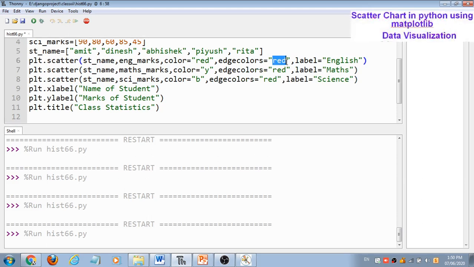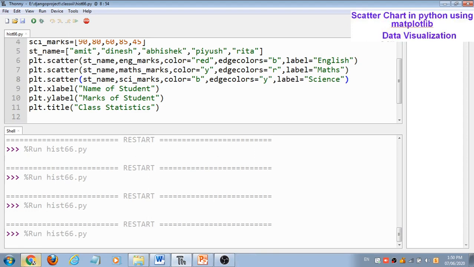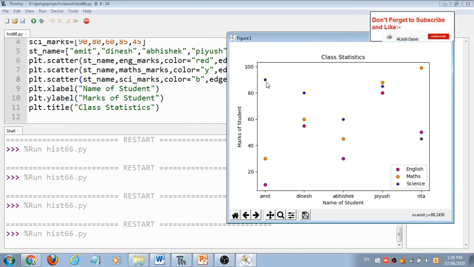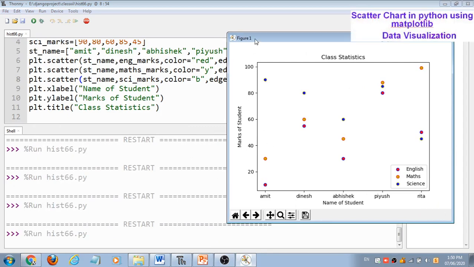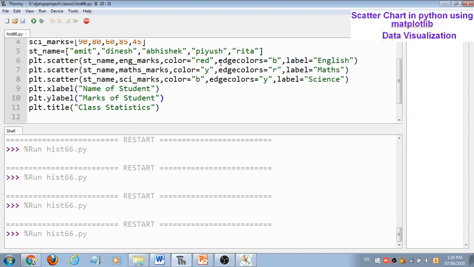Suppose for this I want blue, for yellow I want red, and for this blue I want yellow lines. So you can see for this red it's showing the edge color blue, for this yellow it's showing the edge color red, and for this blue it's showing the yellow edge color. So you can use these edge colors.